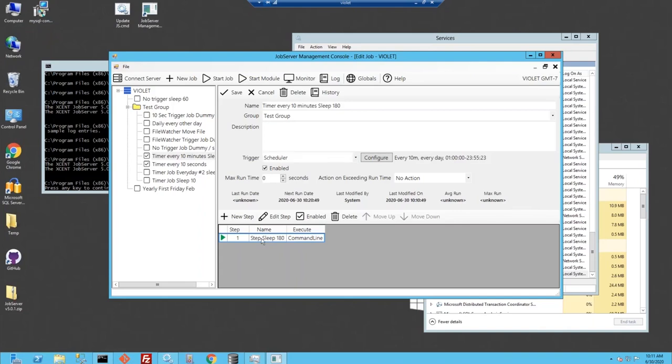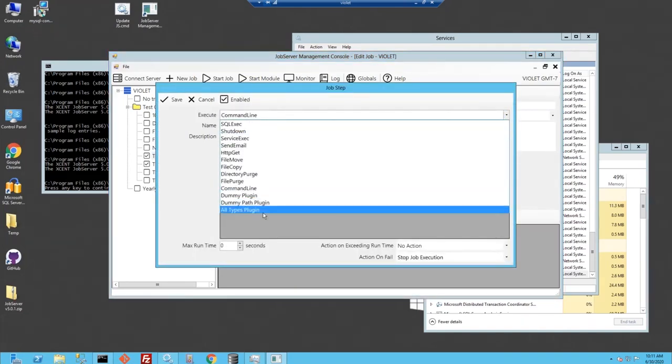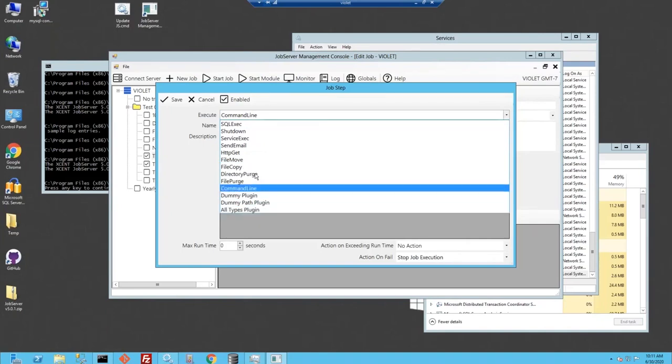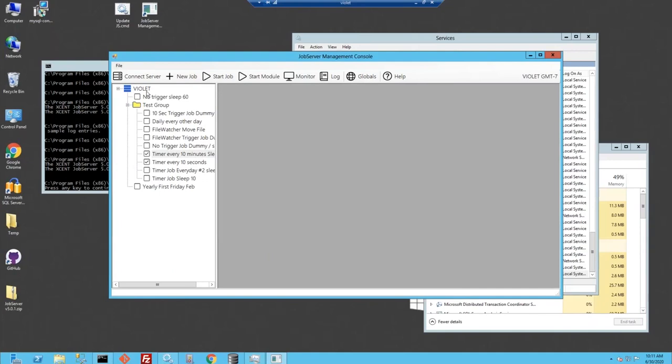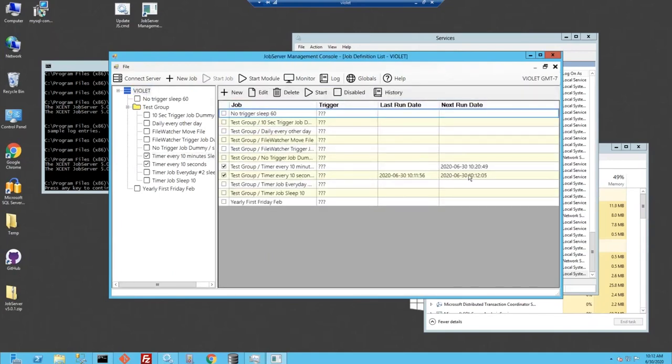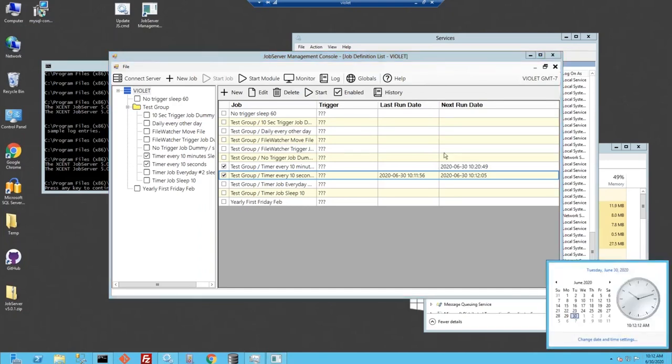And then here are the steps for the job. So here are all the execution modules that are available. And you can name it, give it a description, and then these are the parameters that go along with the particular execution. So this job, if I look at the details here, is scheduled to run. Oh, and I should mention that this is running on a different time zone. This is running on Pacific time, and we have this scheduled to run at 12:05, and it's still running. So if I look at the monitor,